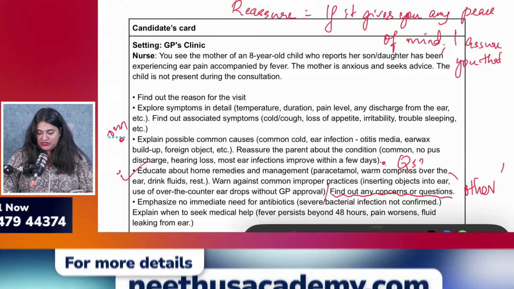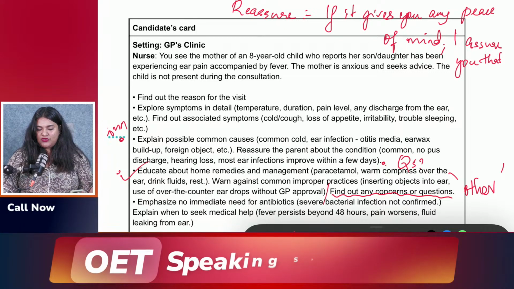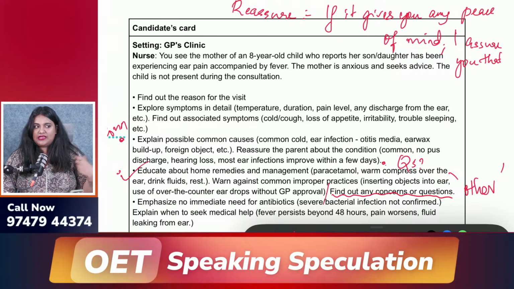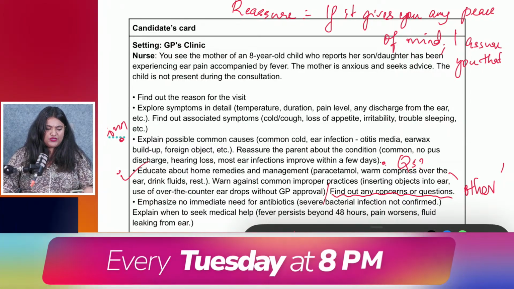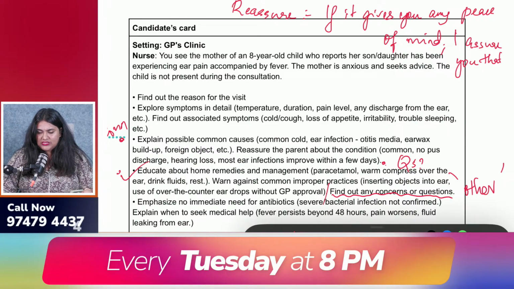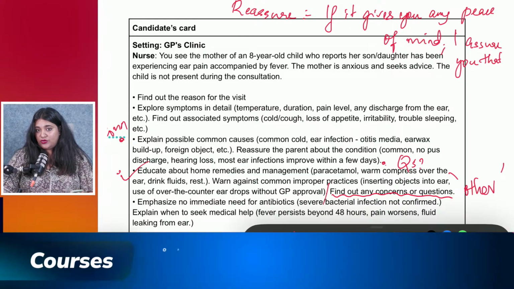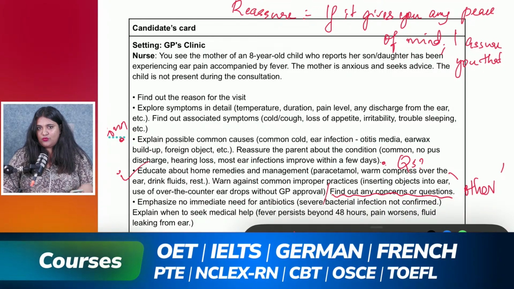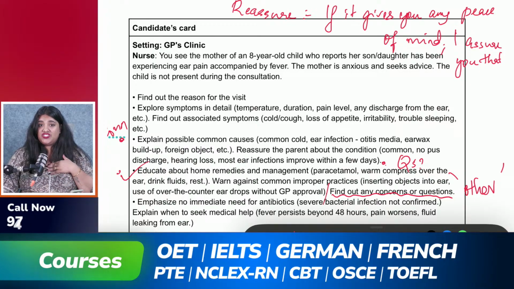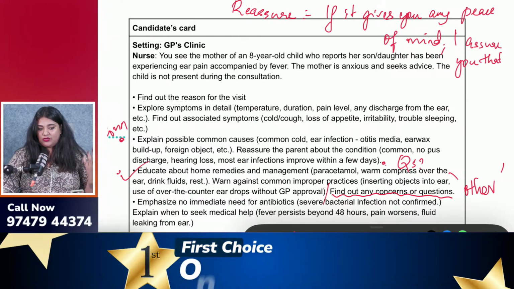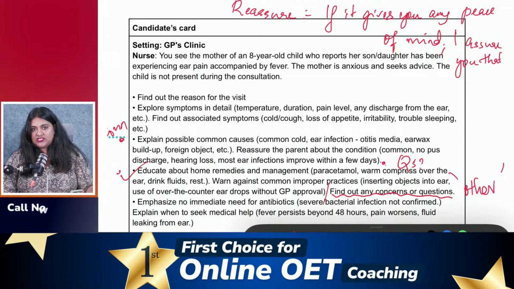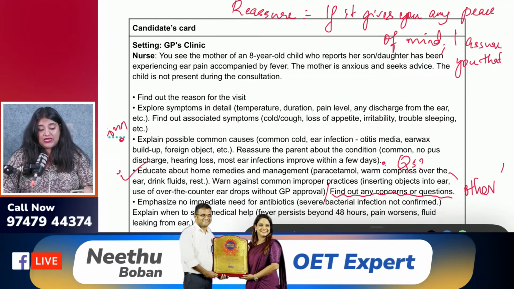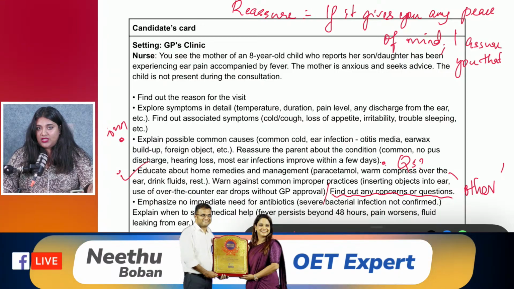So she would say, okay, can you put her on some antibiotics, instead of the home remedies or paracetamol? It would be good if you start her on an antibiotic course. So your point is there is no immediate need for antibiotics. First of all, you need to acknowledge the mother's curiosity, or the problem that she is facing right now. She just wants her child to start to feel better. That's the reason why she's been urging to start the antibiotic course.